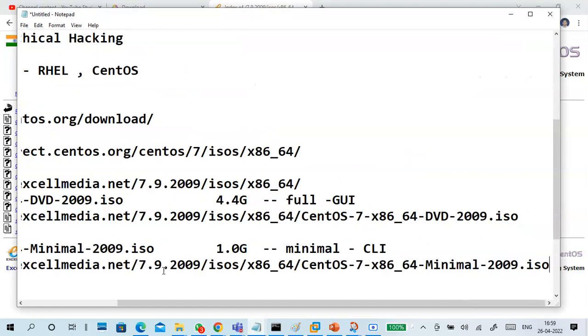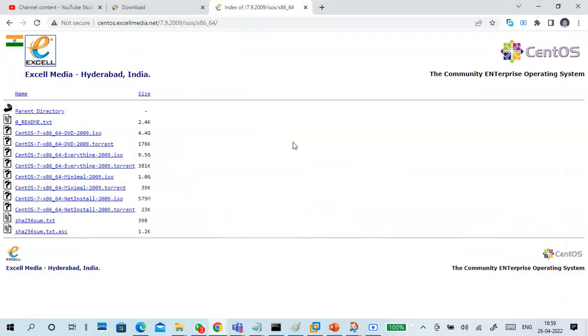Even though we told them, people will ask one question: sir, do I want to download like this? No, don't download everything. Don't download the Everything version. It is 9.5 GB.